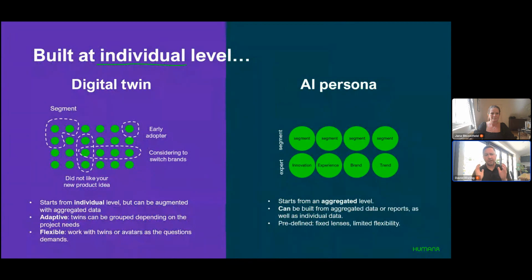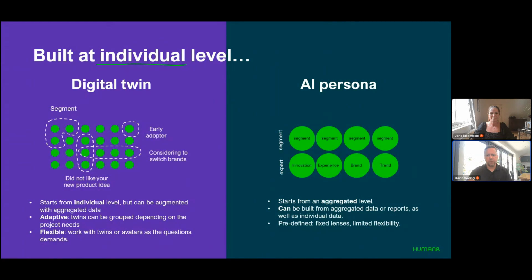So I'm conscious there are a lot of different terms used in the industry, but focusing first on our digital twins. We are creating them at an individual level, representing one real consumer. AI personas or AI avatars represent segments in a more aggregated and static way. Depending on your business need, there can be a role for personas and avatars, and we do build them for clients. But we believe the digital twin approach gives a more precise, flexible, and dynamic view of your customer base or market, and also a broader set of use cases. And I'll talk you through some of those later.